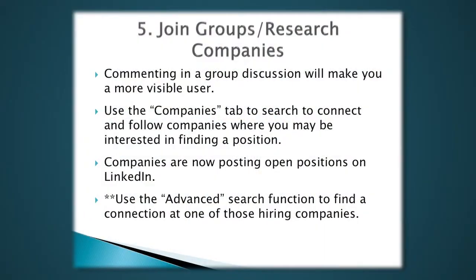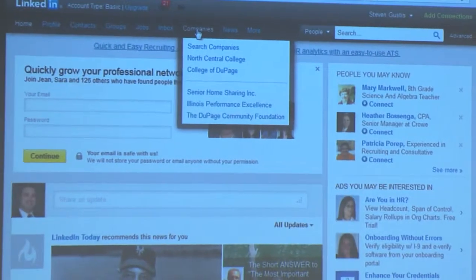All right. Your question was, can I seek out people who work at a certain company, right? Okay. So you can use the Companies tab to search to connect and follow companies where you may be interested in finding a position. Now, I put that up there just in terms of job seeking. But you can also look at your own list of connections to see who might be connected at a given company. So if I click on the Companies tab,